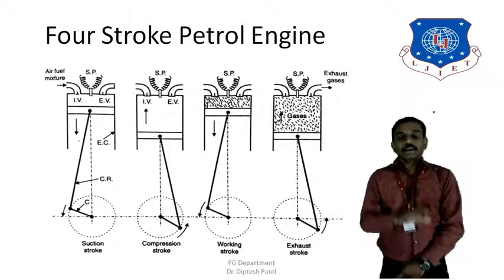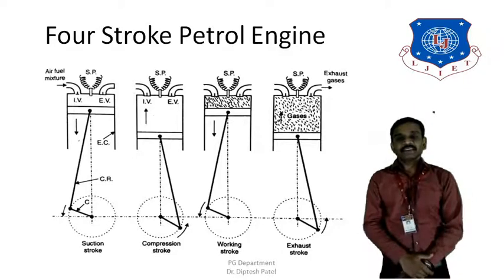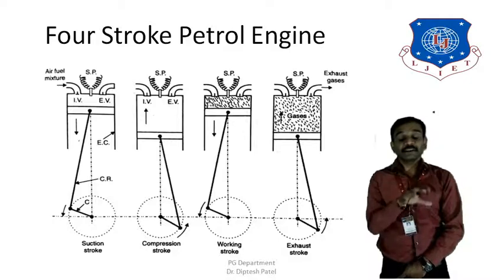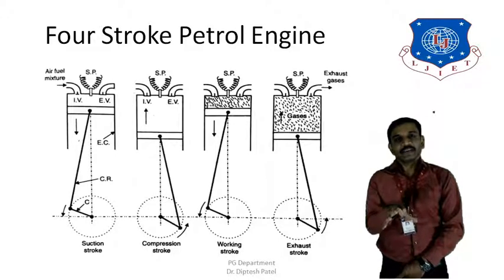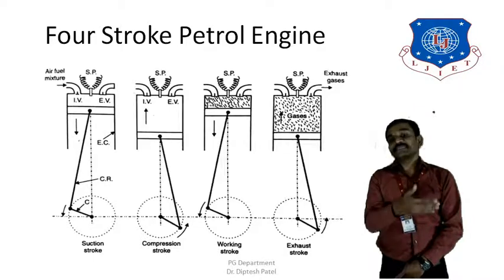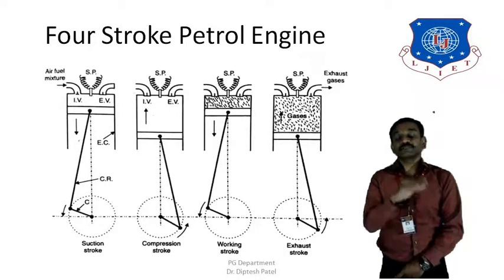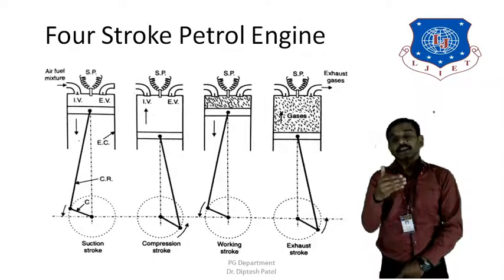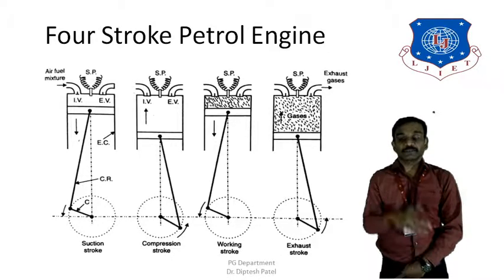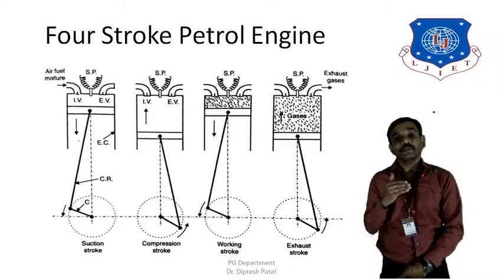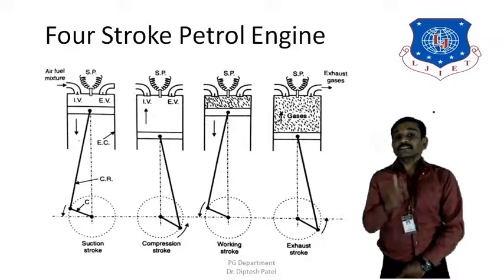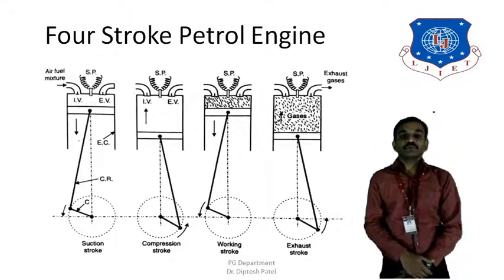Now before we begin the subject called advanced internal combustion engine, we need to go through the basic introduction of the IC engine. As we have seen, the classification of the IC engine depends on the number of strokes, in which we have seen the 4-stroke and 2-stroke, and also on the type of fuel or the thermodynamic cycle used, such as petrol, which is also known as the Otto cycle, and the diesel cycle. So the first case that we are going to see is a 4-stroke petrol engine.